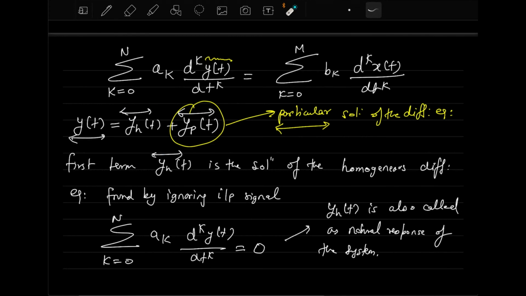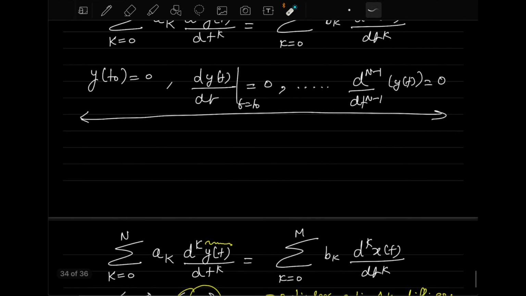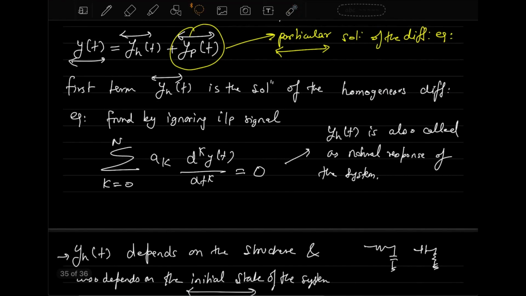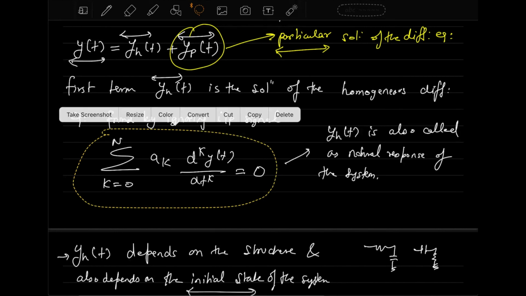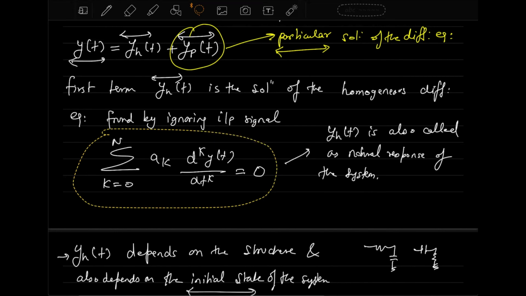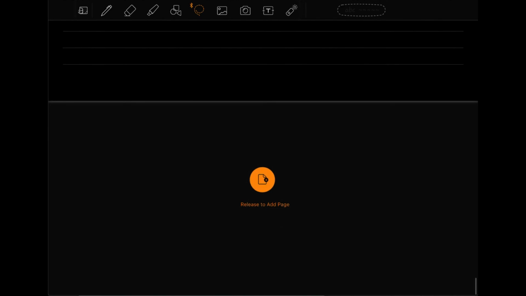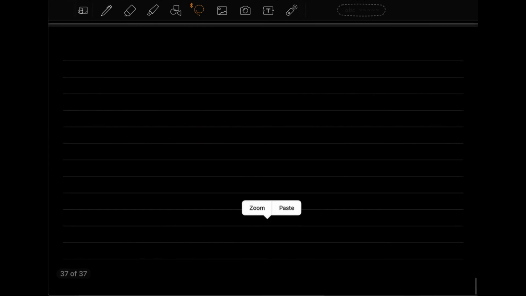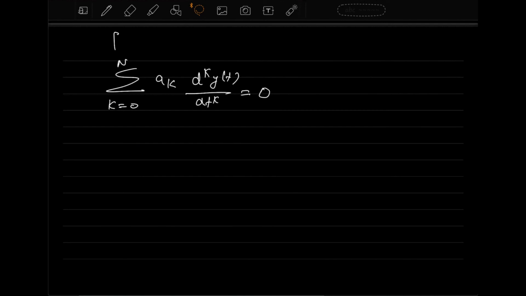So let us try to solve it and see how we can get an in-depth analysis of these differential equations, and how we will get the steps to solve them. In order to do that, let me take the first format of this differential equation, which is this one, because right now we are focusing on the solution y_h(t) first, and then we will go for y_p(t). So let me write this equation here. This is the equation that you want to solve.